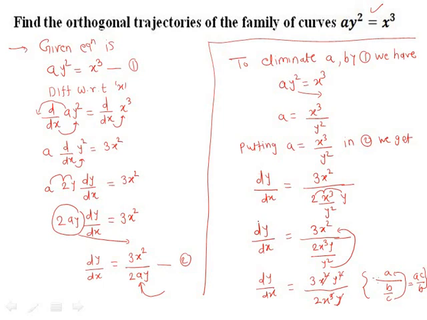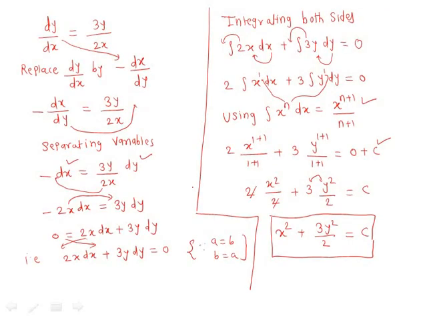If equation 2 includes any arbitrary constant like a or c, that arbitrary constant should be eliminated in the next step. It means we have to find out the value of that arbitrary constant from equation 1, and that value we have to put up in equation 2 for further simplification. So after that we will simplify it, and then we will replace dy by dx by minus dx by dy. Then we will do separating variables. After separating variables, we will integrate both the sides, and then we will find out its integration by using the integration formula. So this is all about